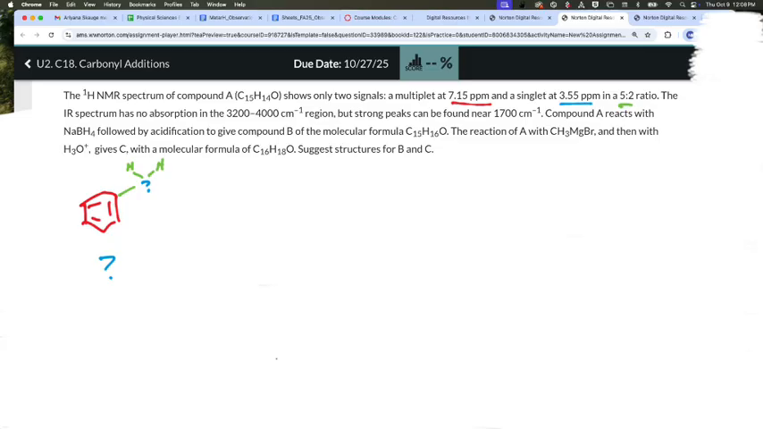Okay, the IR spectrum has no absorption in the 3200 to 4000 range, which is really just a fancy way of telling me no OH. Okay, and then it gives me strong peaks near 1700. What does 1700 mean? Carbon, oxygen, double bond. Okay, I already started to process some pieces together. That carbon-oxygen double bond can't be question mark because that would exceed its octet, which means if I'm going to build this out a little bit further,